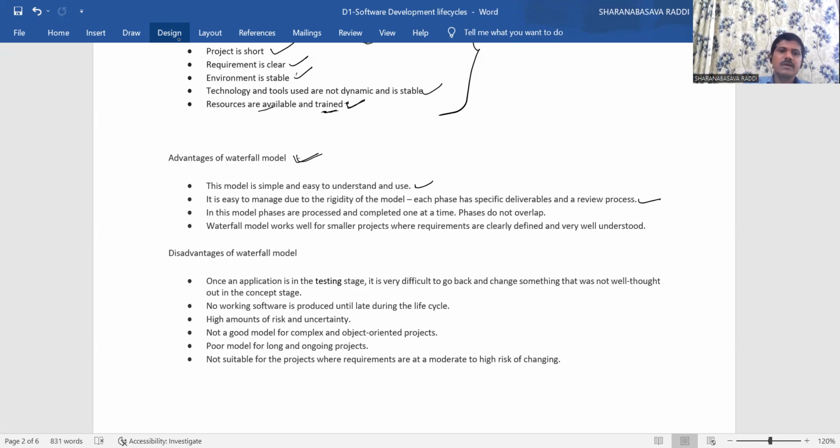here each and every phase has specific deliverables. If you consider the requirement phase, then the requirement phase has a deliverable called the requirement document. If you consider the design phase, then the design phase will have a design document, that is the pictorial representation, high level design and low level design deliverables. Okay, so if you consider any phase, it will have its own deliverable. Okay, next,